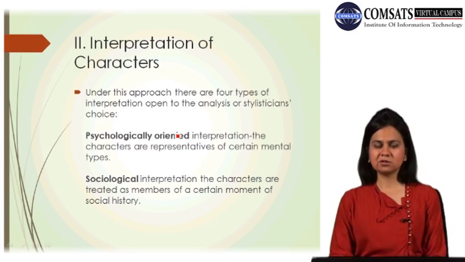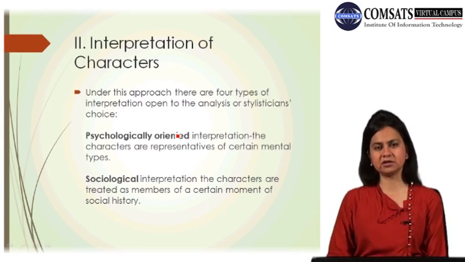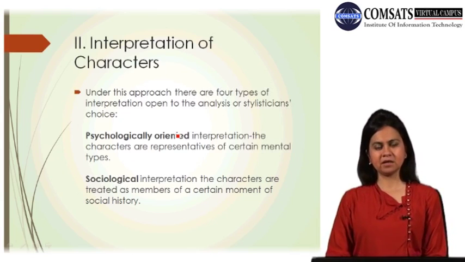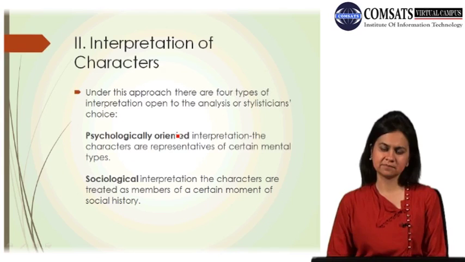So, in the psychological orientation or approach towards the characters, we see the characters as possessing certain traits or qualities which represent them. These are also referred to as the idiosyncrasies of the characters, or peculiarities of character. For example, being proud, being rash, being dishonest. These things are the psychological bent of mind of the character, which is revealed in the story. And it might be due to these psychological preoccupations or traits that a character behaves in a particular way in a particular text.